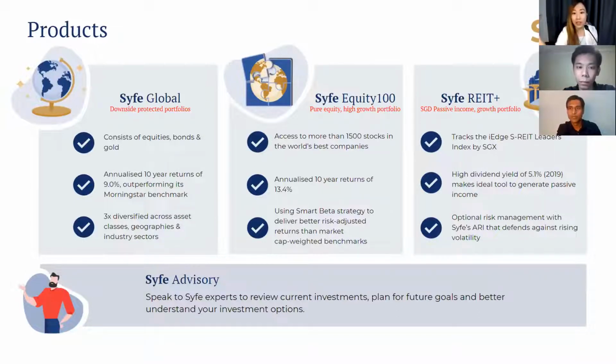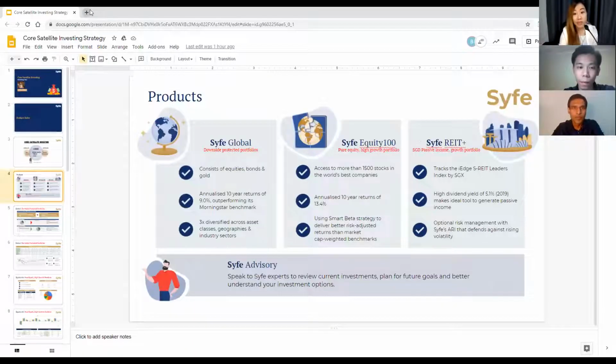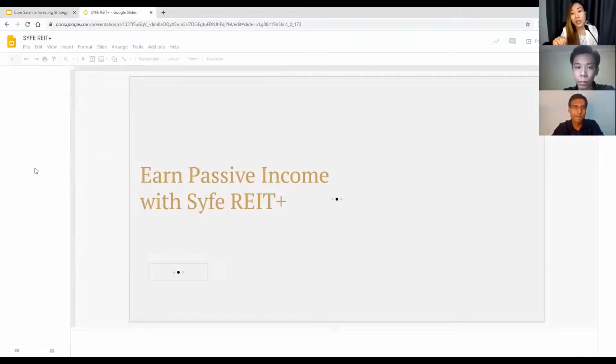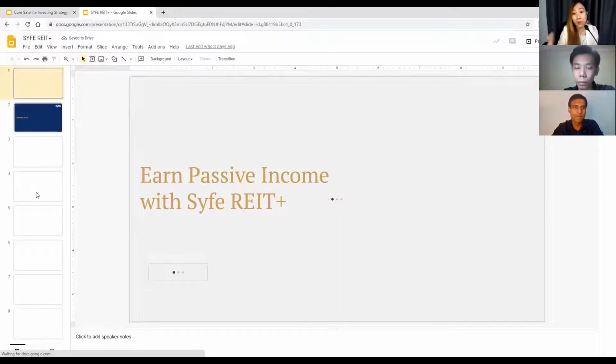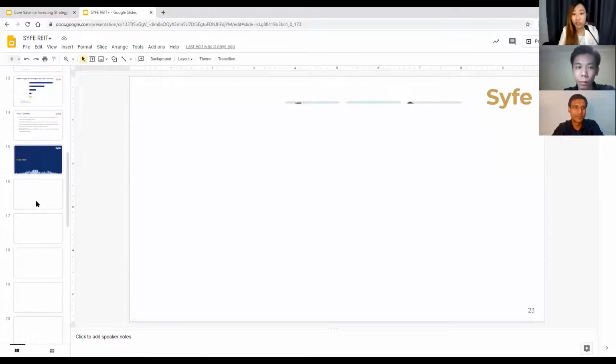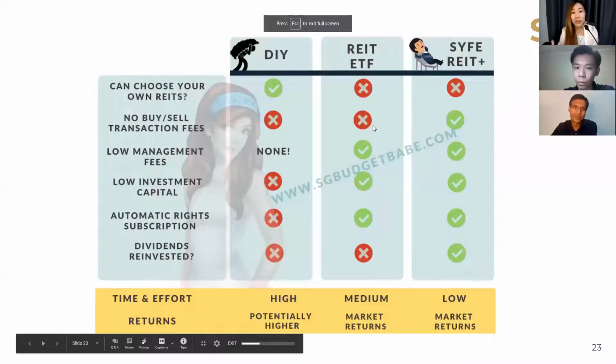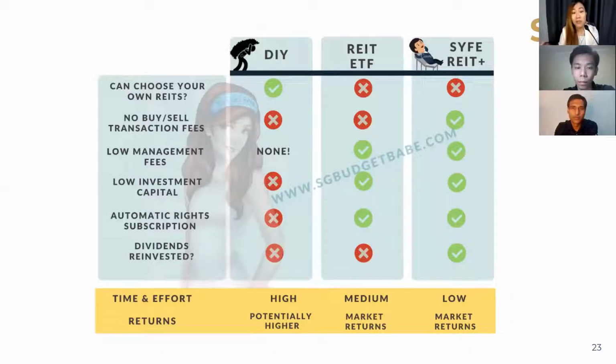In a typical investing sense, when you do it by yourself, you are the one who owns the investments, and you have to buy it through, let's say, an ETF manager, a fund manager. They're the ones who have your ETF, and then you also have to pay the brokerage, and you have to manage that whole owning through your brokerage yourself. But through Syfe, it's like combining both of them in one, right? You guys are the brokerage as well as the ETF fund manager in itself, and you're only paying that one fee without having to do the rest of the work, like buying and selling, reinvesting your dividends by yourself, which you would need to do if you had done the DIY.